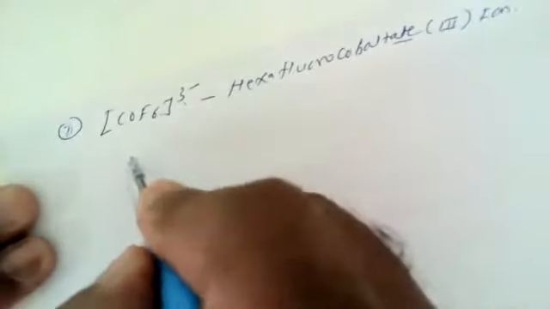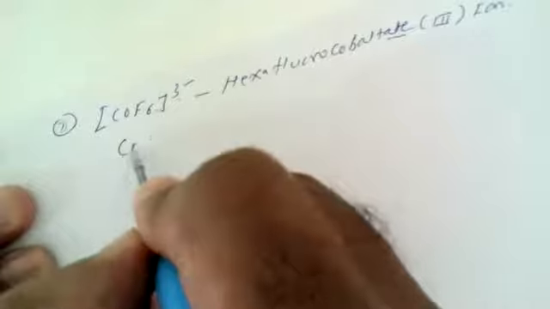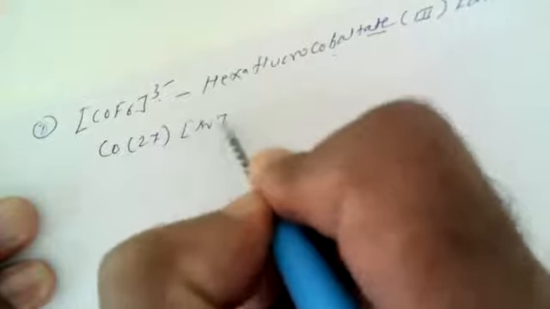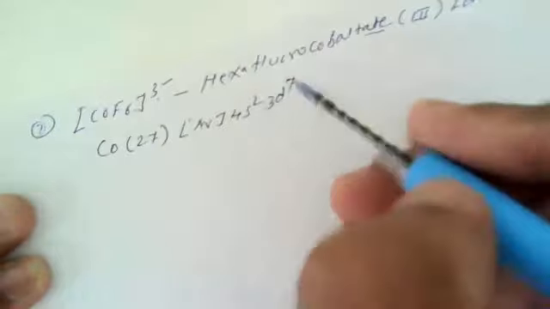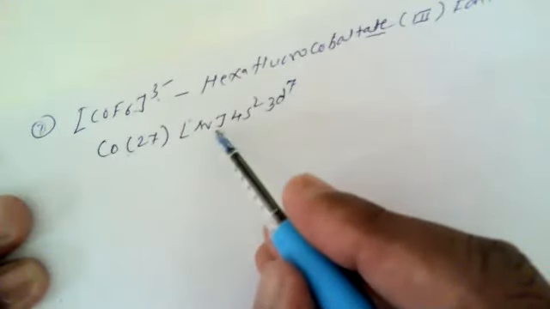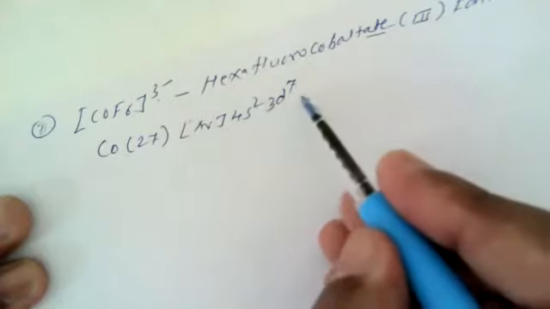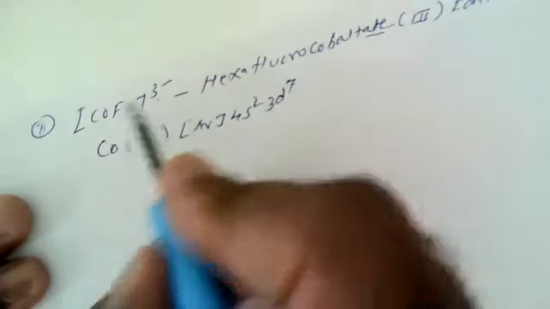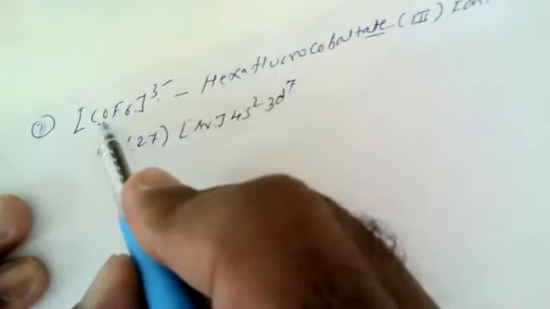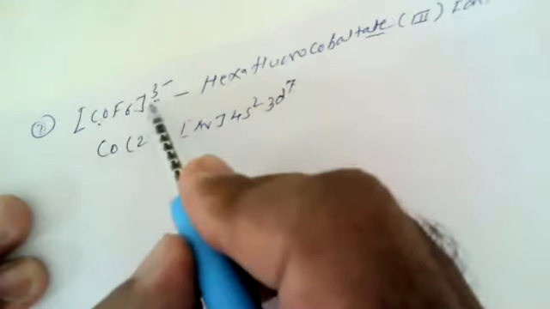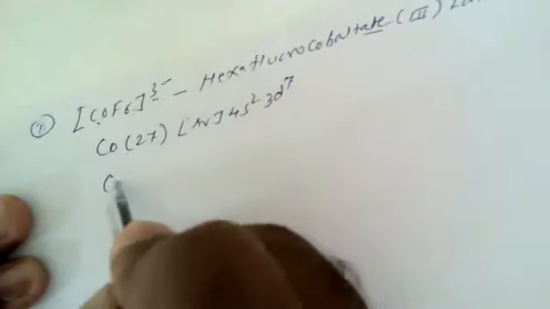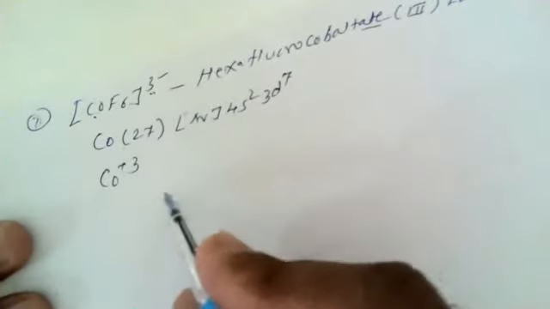Now just see here, you have to write side by side. Cobalt, as we know, is the 27th member of the periodic table, having the electron configuration in terms of argon core 4s2 3d7. Argon has atomic number 18, an inert gas element; 18 plus 2 is 20, plus 7 is 27. In this complex, the primary valency of cobalt is plus 3. So this primary valency is not satisfied, and hence in this complex cobalt has plus 3 oxidation state.